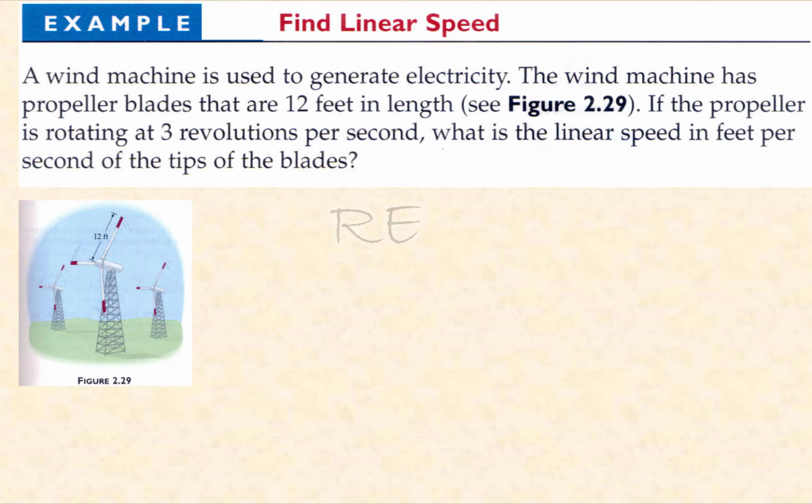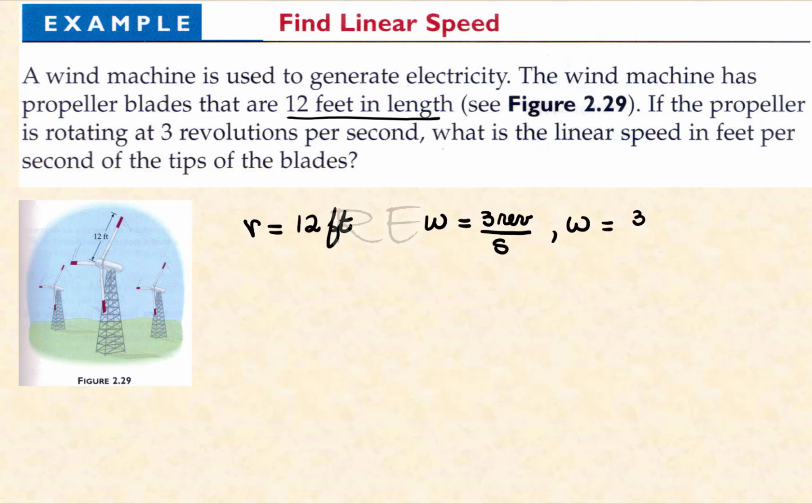We need to find the linear speed in the following problem. We know that the wind machine has propeller blades that are 12 feet in length. This is the radius. And for our angular speed, the propeller rotates at 3 revs per second. So we're going to convert our angular speed into radians. 3 revs per second